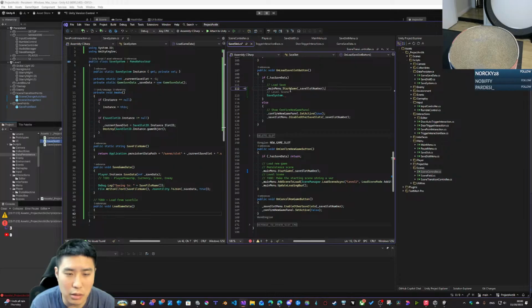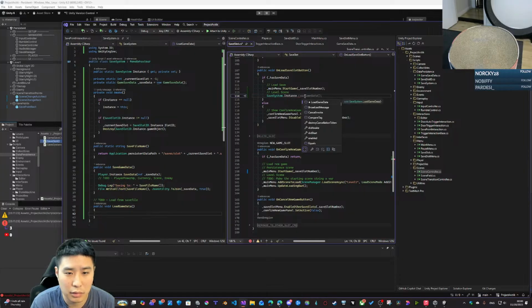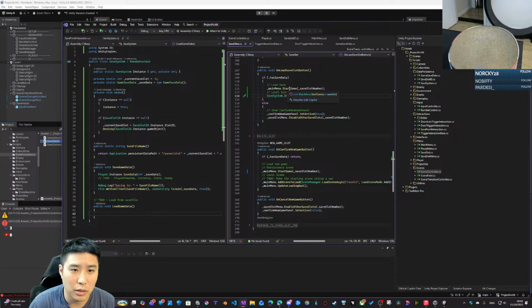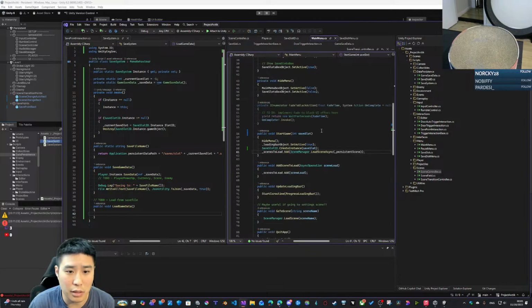I think the ordering is all messed up here. So start game actually creates an instance of save slot ID, but it doesn't create one for save system. Save system instance is created by calling